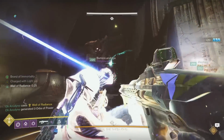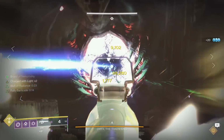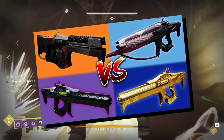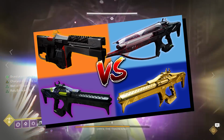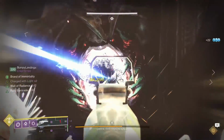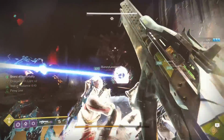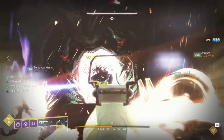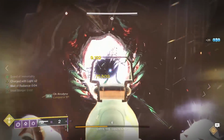And believe it or not, that is the only legendary linear fusion rifle I'll be promoting today. Yeah, in the past I've also talked a big game on the Cataclysmic and a very big game on Reed's Regret, but here is the rub. At this point in the season, if you don't already have a Cataclysmic or a Reed, you're fairly late to the party. And by now, the easiest god tier LFR for you to get by far for PvE would be